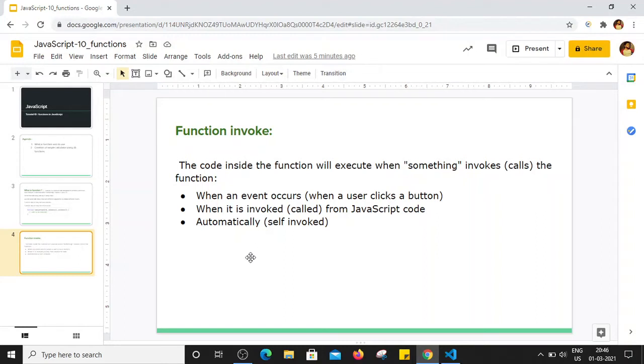It can be invoked whenever some event occurs. So for example, if there is a mouse click event or any type of event, we can configure it so that on the occurrence of the event we call the function, right? Sometimes the clicking of a button, or a mouse click, or hovering over something will also invoke the function, right? And it can also be invoked via JavaScript code as well. So these are the different ways by which a function can be invoked.